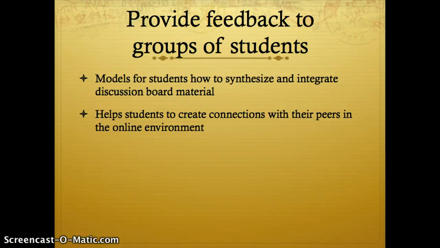So they can see that by being grouped into the same email response, that maybe these are students that I might have something in common with, or maybe these are students I'd like to pursue this topic a bit further with. But it helps those students in your online class to recognize commonalities that may exist,